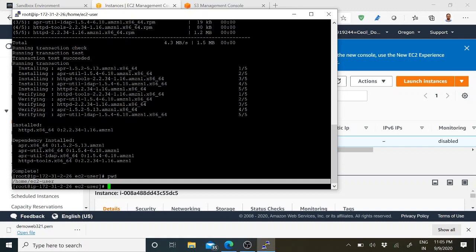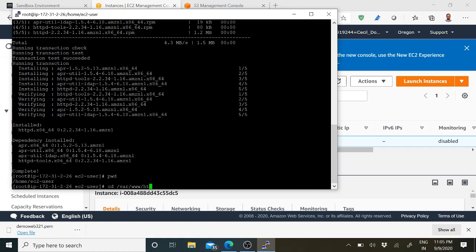For that, we use the command cd, which is changing the directory: cd /var/www/html. So this is the command for changing the directory.